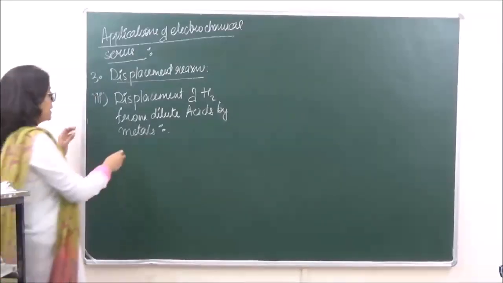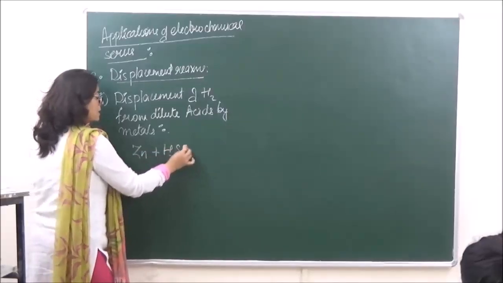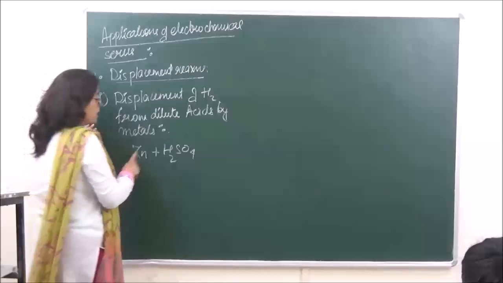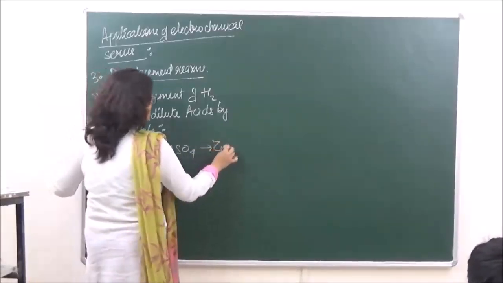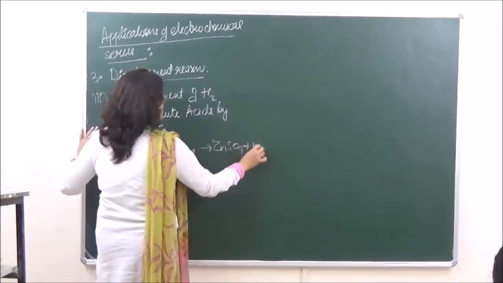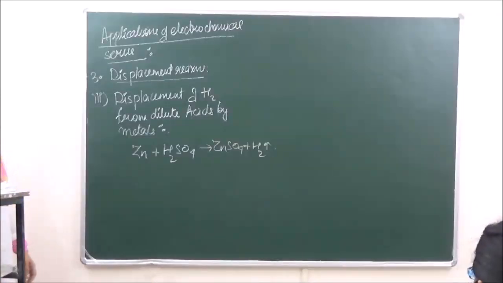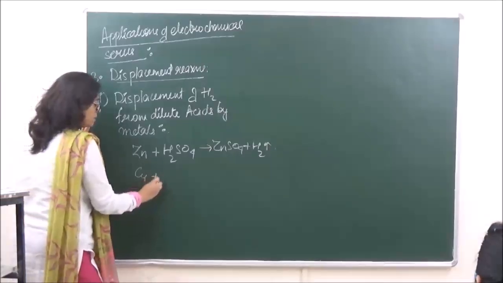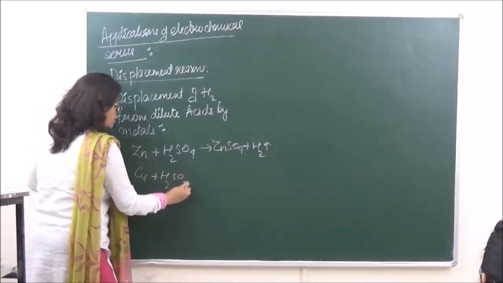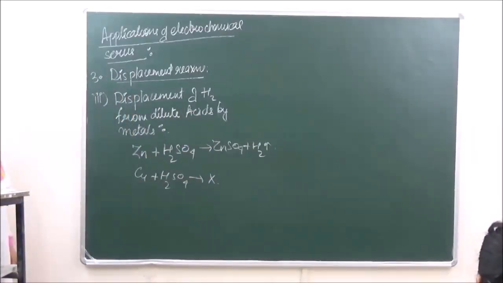As for example, if we are taking zinc plus sulfuric acid, zinc has a negative electrode potential value. Therefore, in such cases, hydrogen gas would be evolved when we are reacting the metal with acid. But in a similar reaction with copper, the reaction does not take place. So the reaction over here is not going to take place.